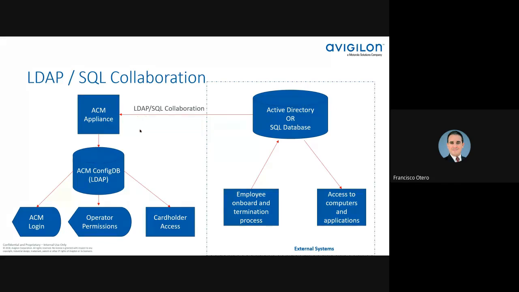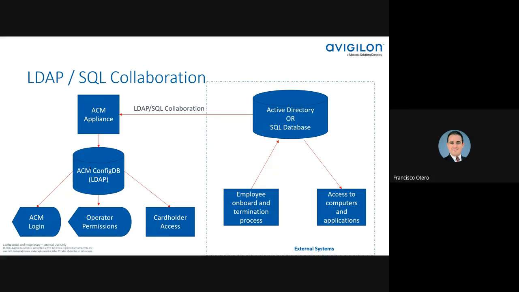Then the ACM collaboration, in this case, let's talk about LDAP. The LDAP collaboration runs on a schedule. It would run, go into ACM, and then update the ACM configuration database, which, by the way, also runs on an LDAP database. So ACM uses the same database that Active Directory utilizes, okay? And then with that update,